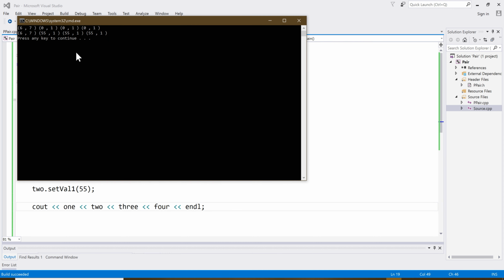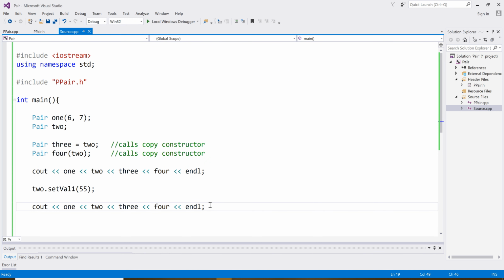Now, this is kind of interesting. So this is 1, 2, 3, 4, 1, 2, which I just changed, and there's the reflection of my change. But oh, when I changed 2, my goodness, I also changed the contents of object 3, and I also changed the contents of object 4. Okay, there's a reason for this. The reason for this is